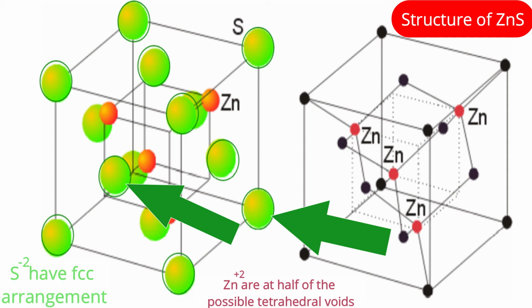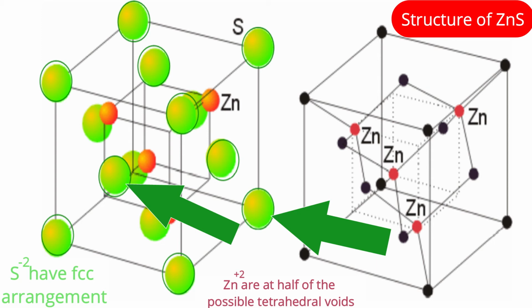Just as we are imagining a small cube inside the cube here, likewise a small cube will also be formed around the sulfide ion. Now just see this example of the cube. This cube has 8 corners. I am talking about the small inner cube. But out of those 8 corners, only 4 corners are filled. So the sulfide at the corner will be surrounded by such a small inner cube.